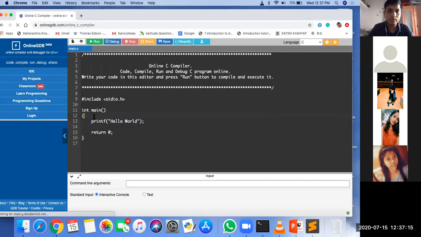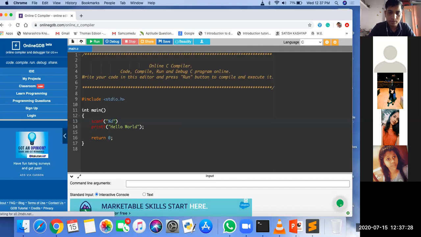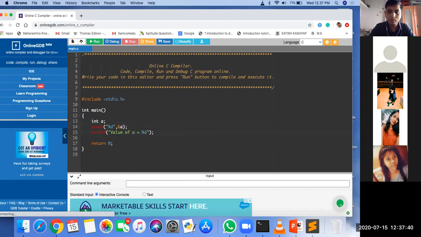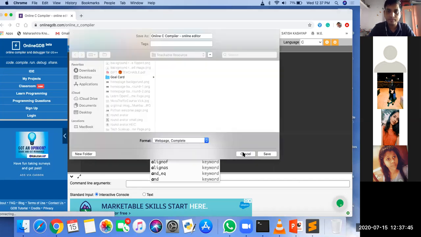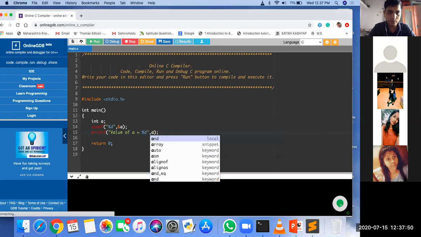Interactive console. Okay. Suppose I'm just using scanf %d, comma, address of A, and integer A, and the value of A is equal to %d, comma A. Okay, so let me try it. So it is waiting.